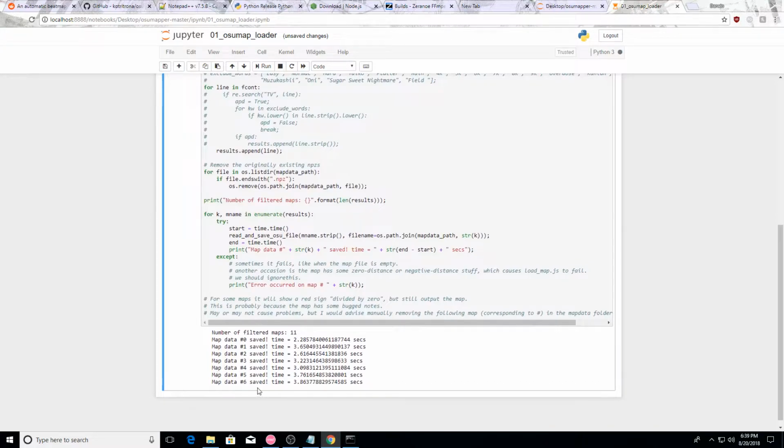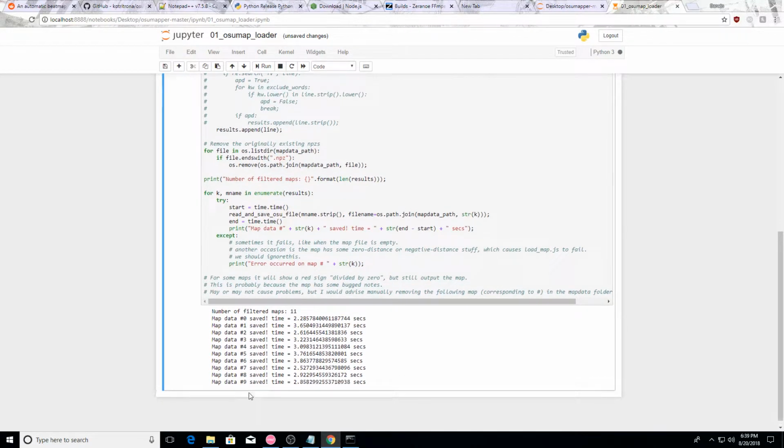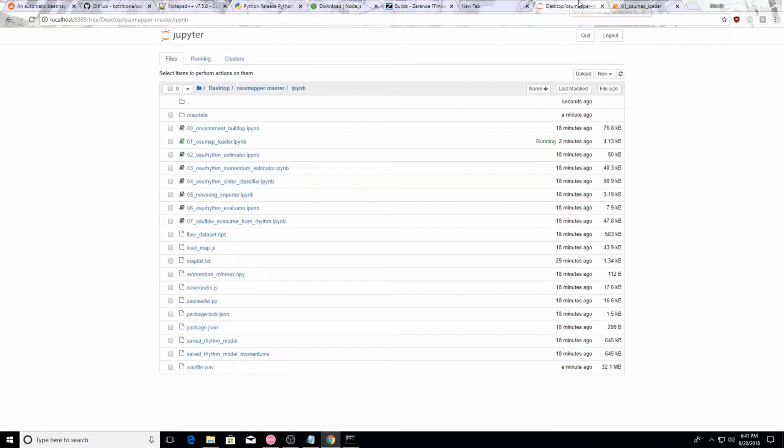So 6, 7, 8, 9, and 10. And that's it. After all your maps have been filtered and converted, you want to go back to the last tab, and